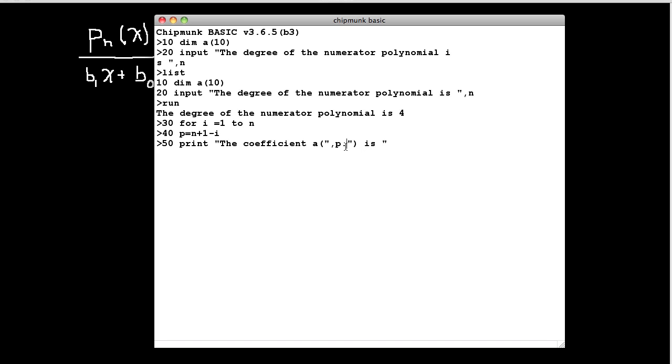I don't know if this looks like it's going to work here. Comma. Okay. Let me try this again. 50. Print